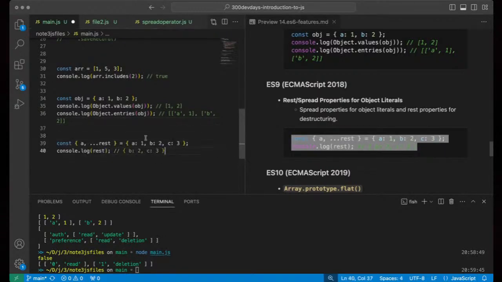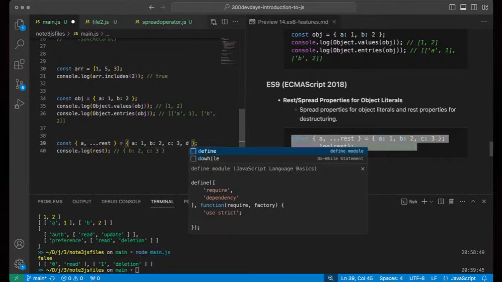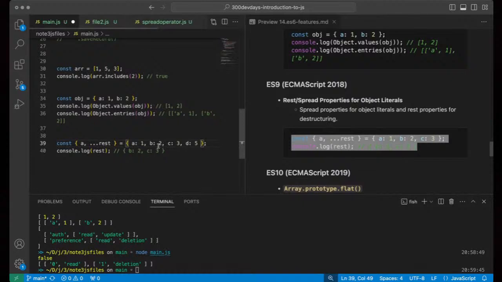Let me go ahead and paste this here. If I have even a third item, maybe D, let's say D has the value of 5. So long as the other items were not passed into this destructuring pattern that we are trying to create, they will all be passed into this particular spread.